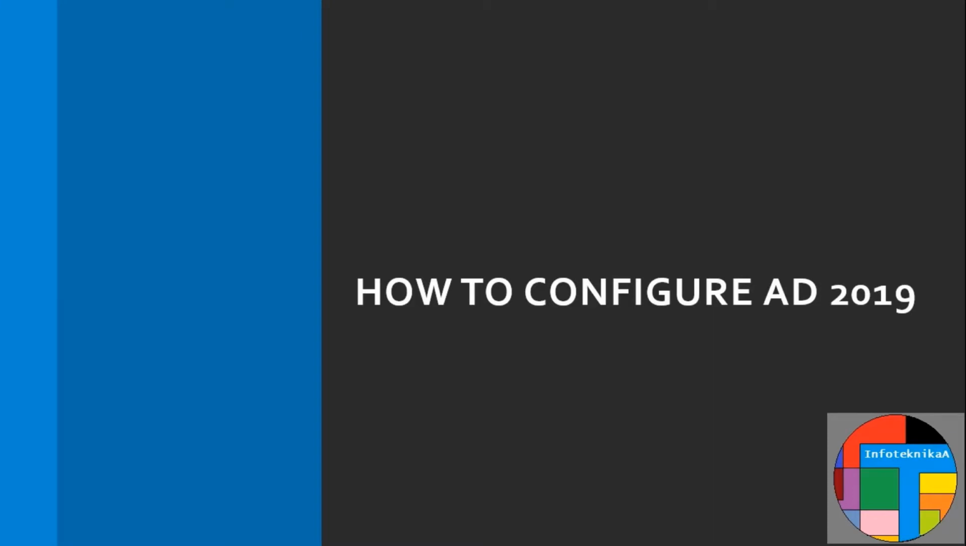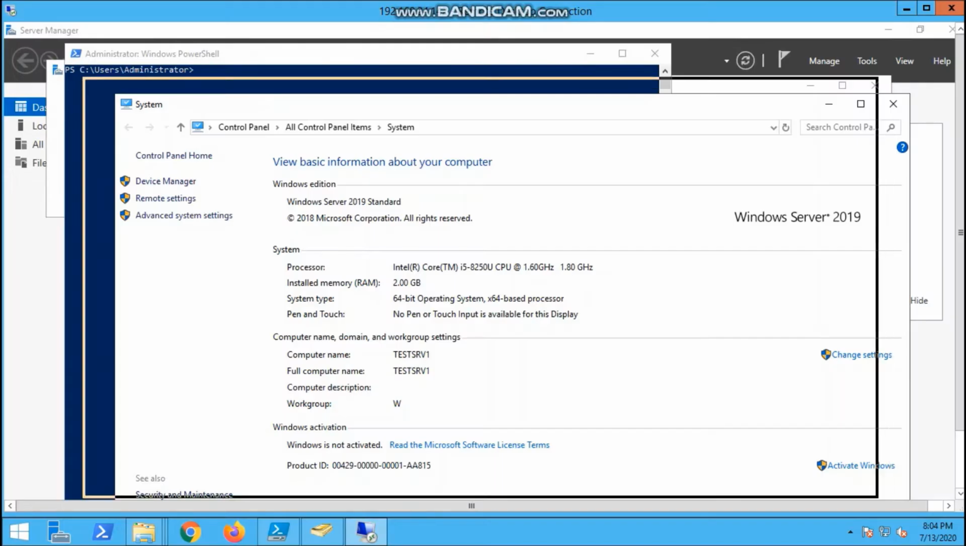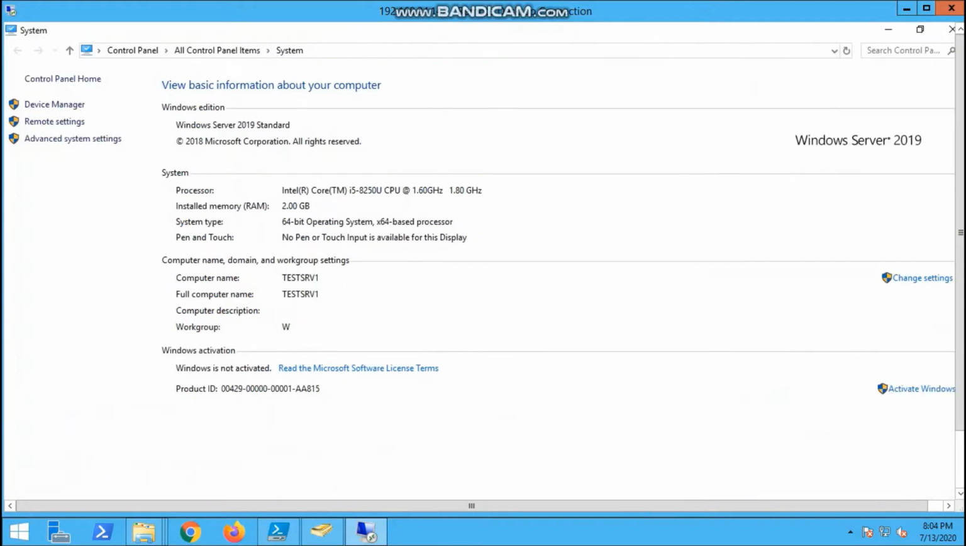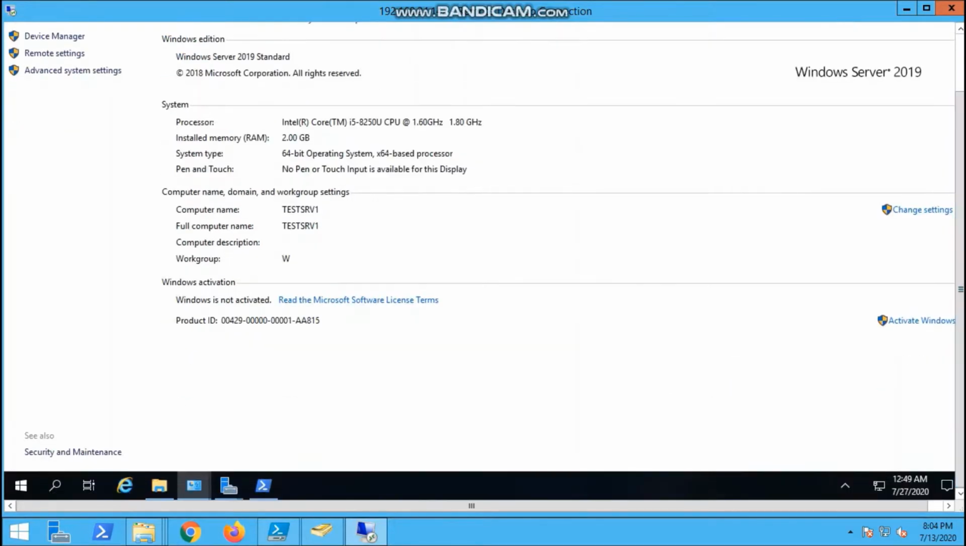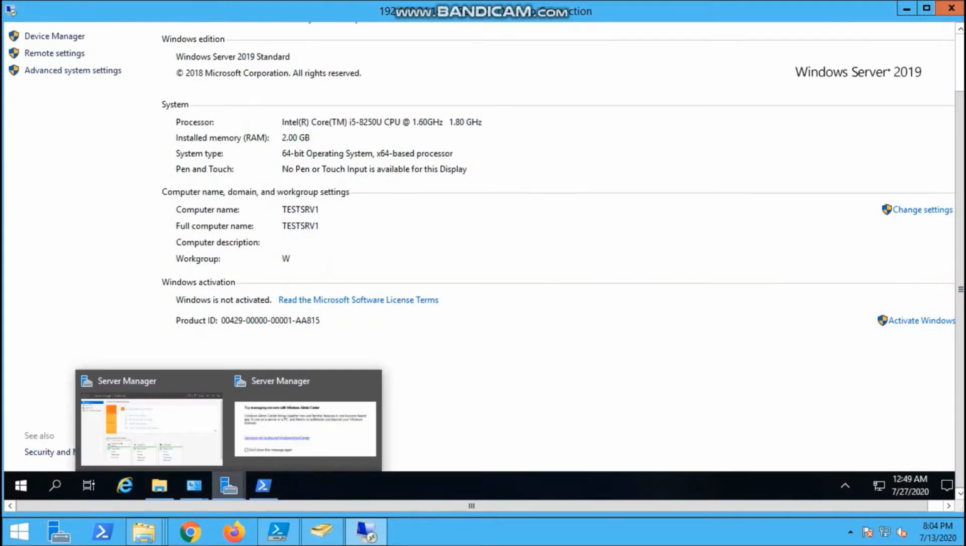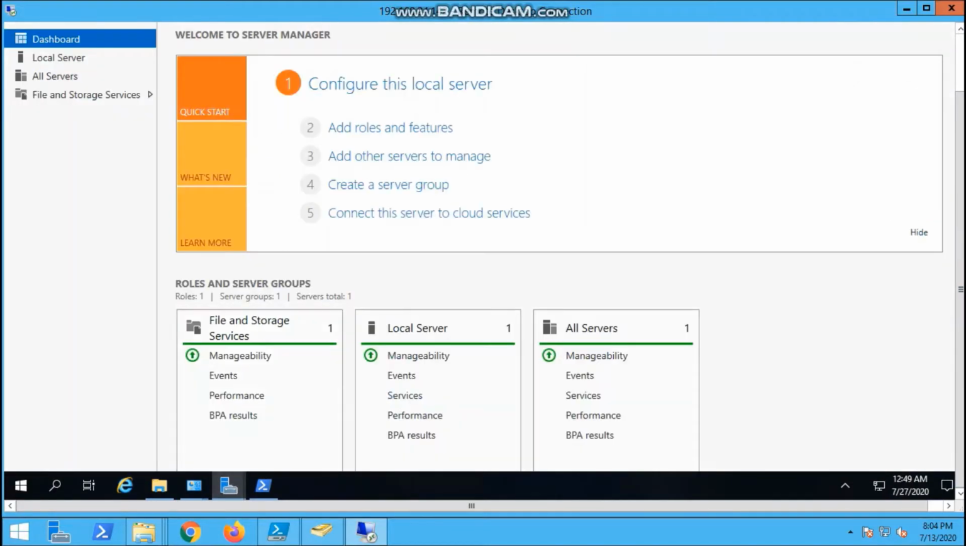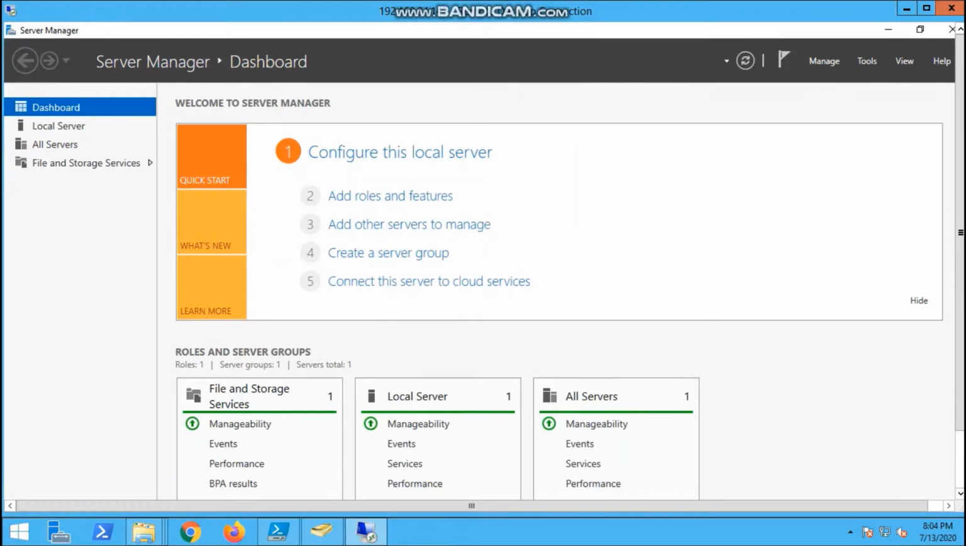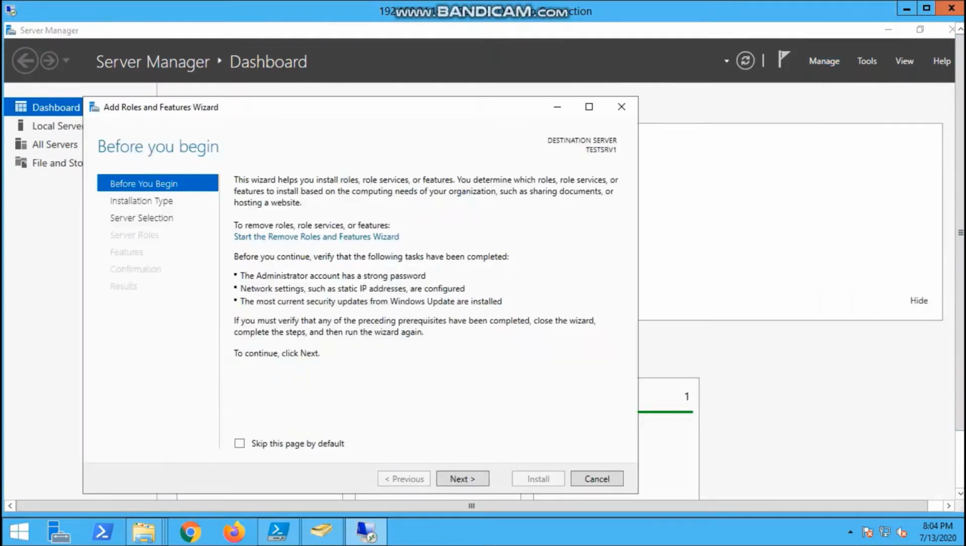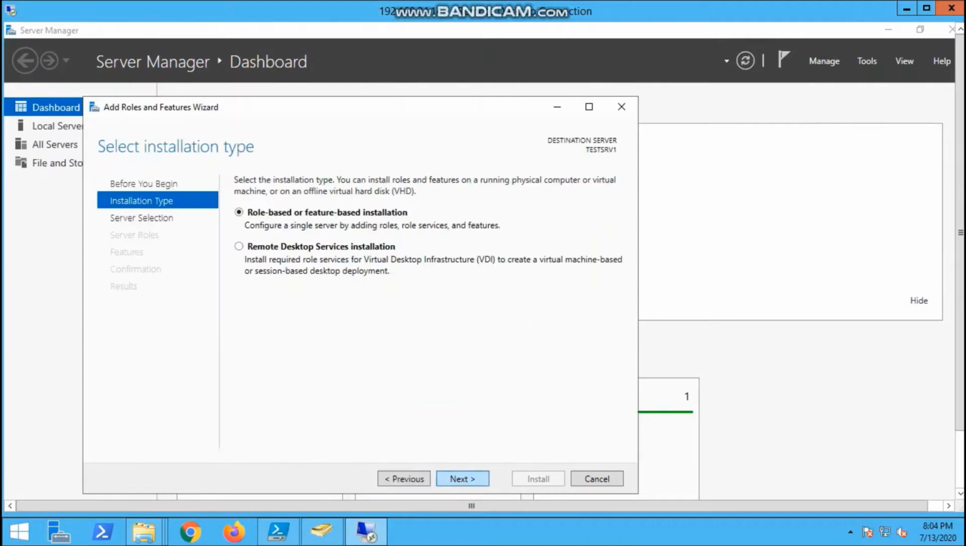Today we are going to discuss how to configure AD 2019 in a 2019 server. So this is my server where we are going to configure the Active Directory. This is a 2019 Standard server. Now we are going to install the roles, add roles,